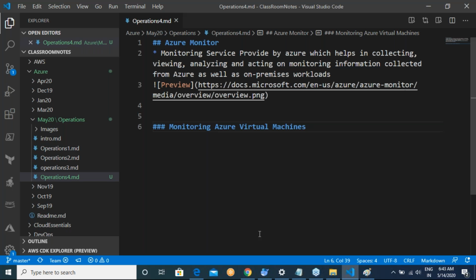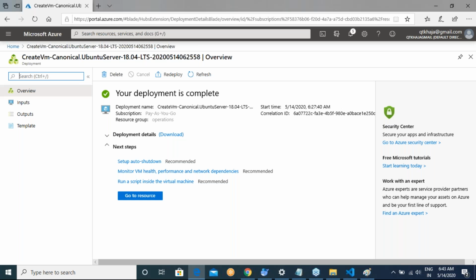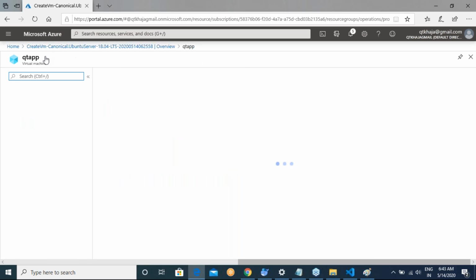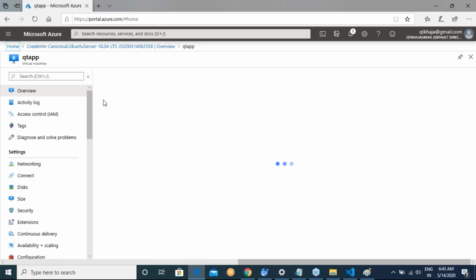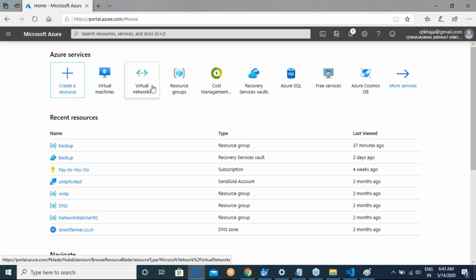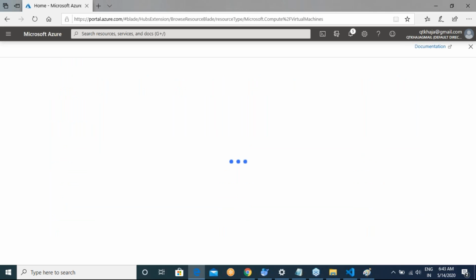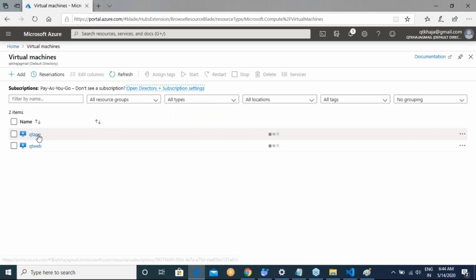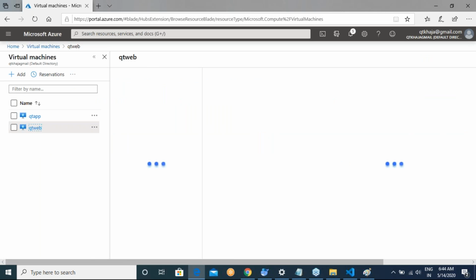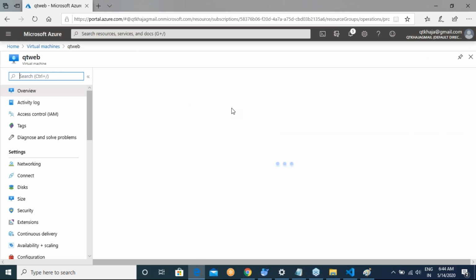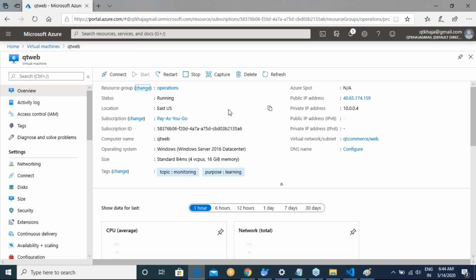I'm quite sure that everyone has a virtual machine with you. I didn't have one and I tried to create it. Do you have virtual machines? We have one Windows virtual machine and one Linux machine along with you, so that you can work along with me and we can finish this activity. Guys, do we have a virtual machine with you?